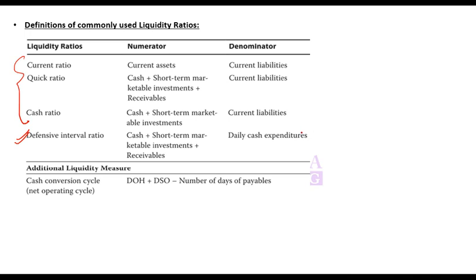So if it is 7, that would mean that you can operate with the current liquidity for 7 days, after which you wouldn't have enough liquidity, and you will have to liquidate more assets. If it is 30, that means you can operate for 30 days with the current liquidity, after which you will either need to generate more cash or sell off something to have cash. This ratio is particularly useful when you are analyzing a company which is near bankruptcy or which is not able to turn around, which is burning cash in its operation, so that you know how much cash it has for operating, or for how many days it can survive with the current cash.